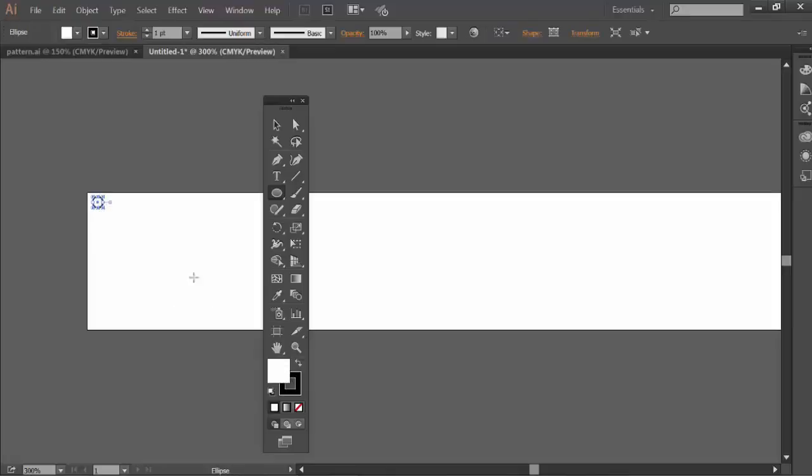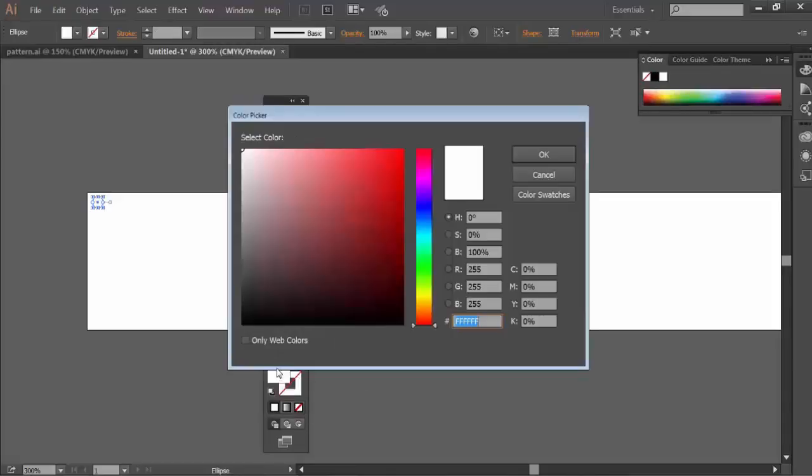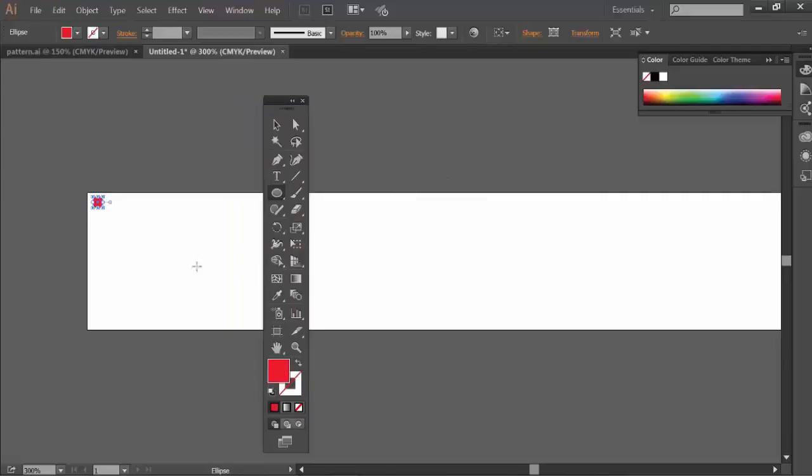Okay, so right now it's showing as a white fill with a black stroke. I'll bring the stroke forward and click None, and bring the fill forward and double click on the fill color, and I'll select a red. All right, so I have a red